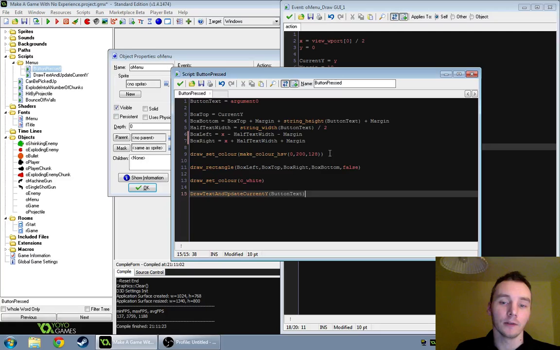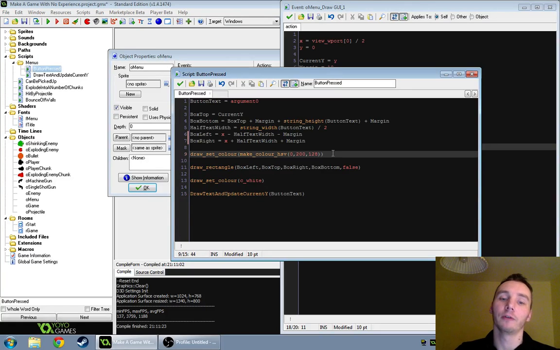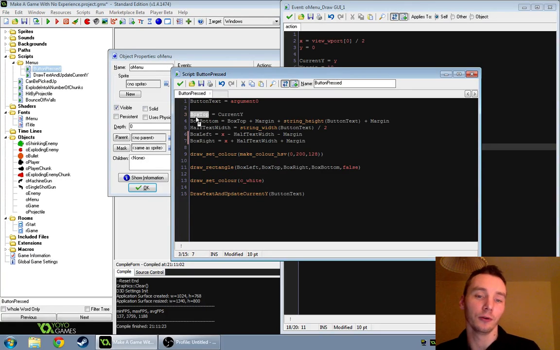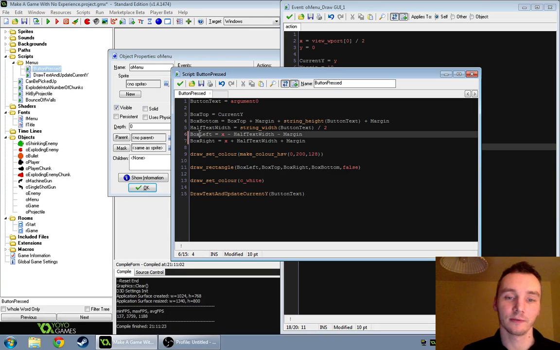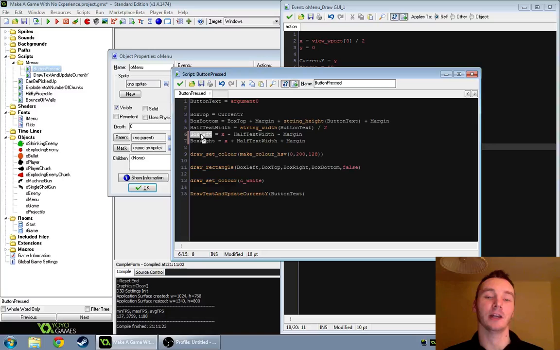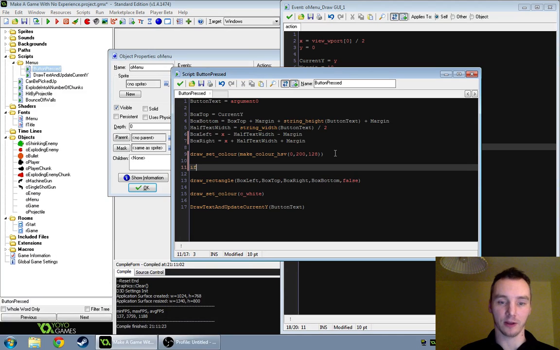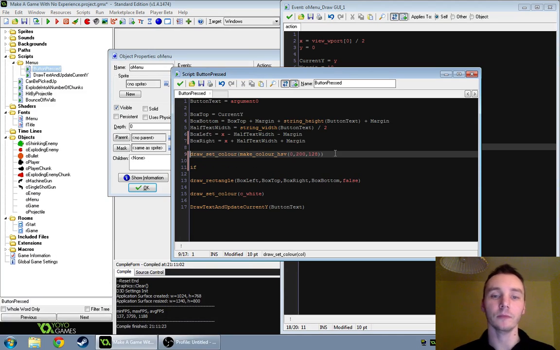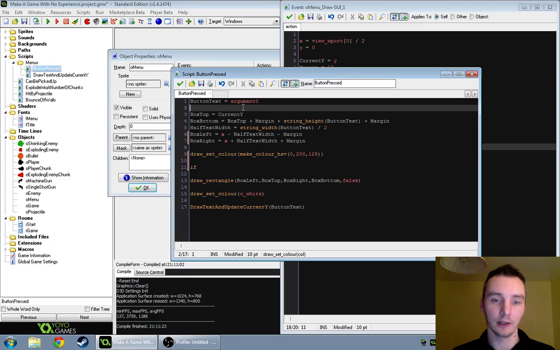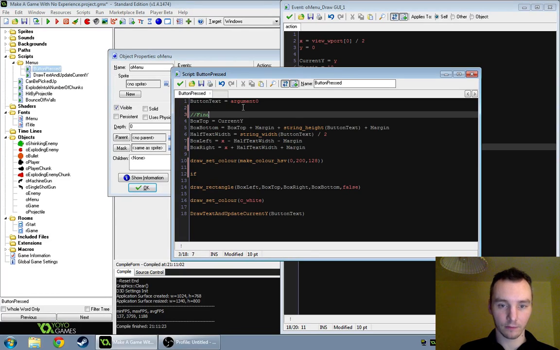The other thing is, now we want to check, have we clicked on the rectangle? And luckily we have the good sense to store all of its extremities as variables. So before we even draw the rectangle, we're going to check whether the mouse is, let's start commenting on this actually. Find the corners of our box,